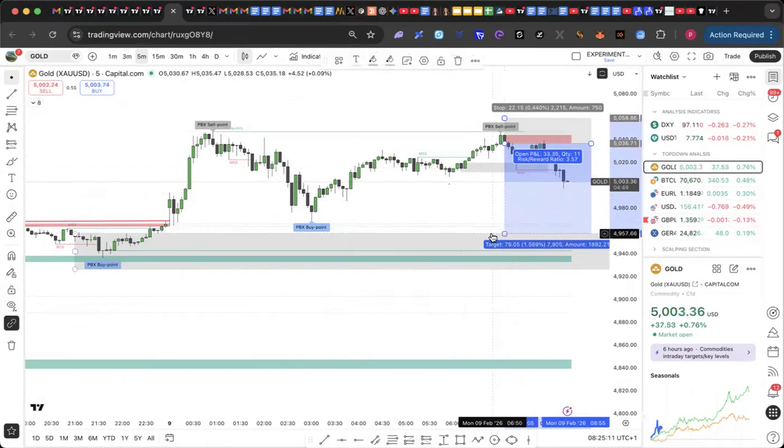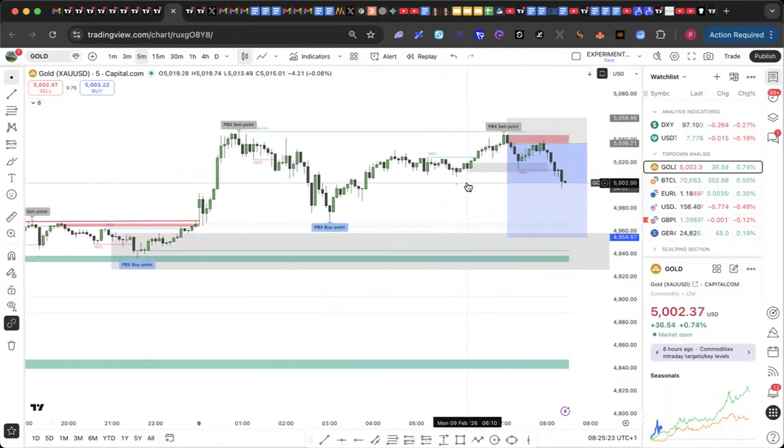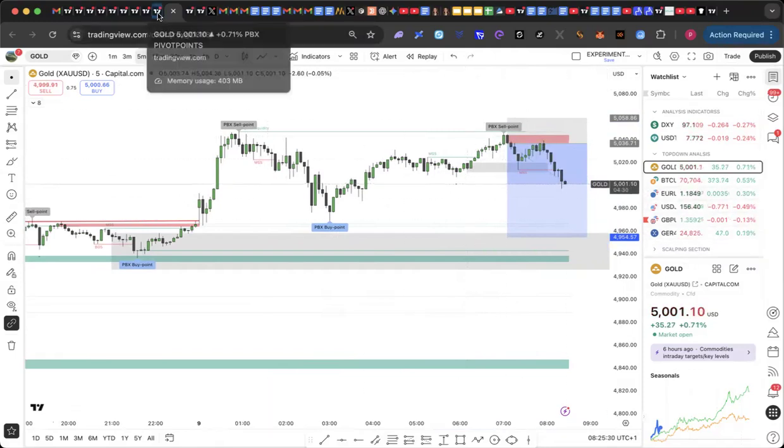Now, gold is very stubborn. It may not really come down to that point again and then sweep up and all of that. But if it's going to come down to this point, that means you're going to do about 790 pips, that's about 800 pips thereabout. So that's one of the lovely things about this: you can set up, readjust, and move in. So I'll show you another